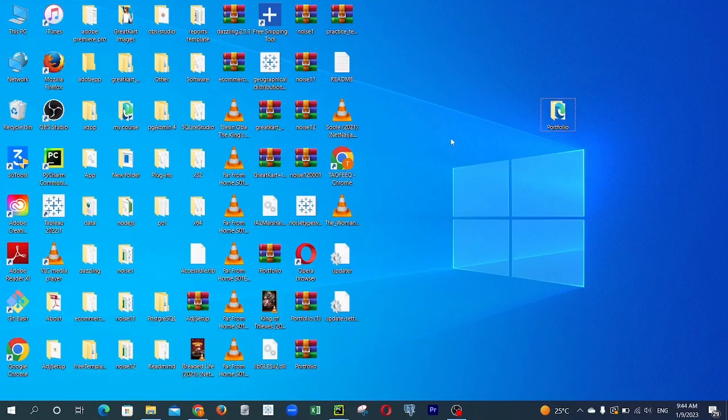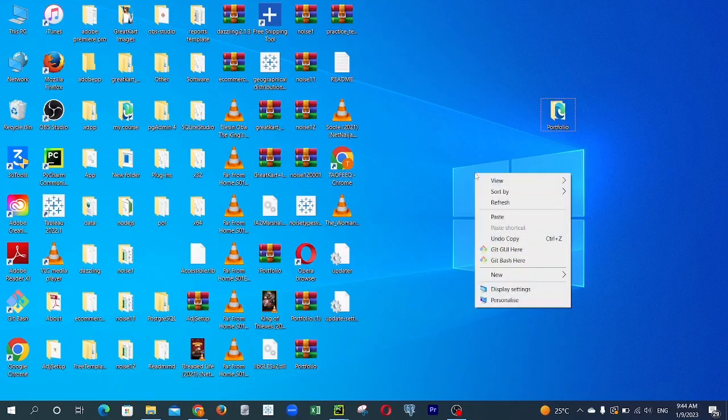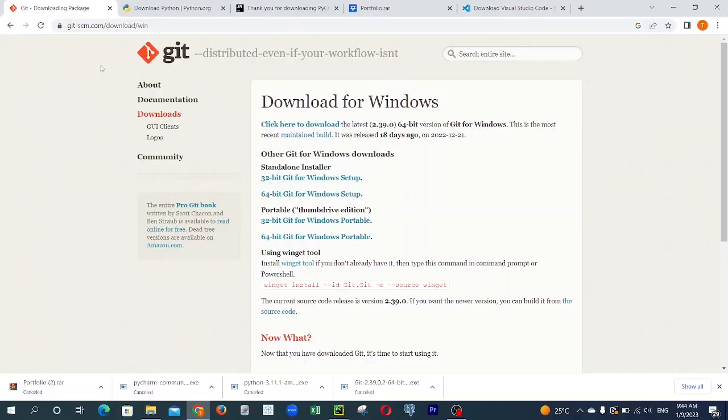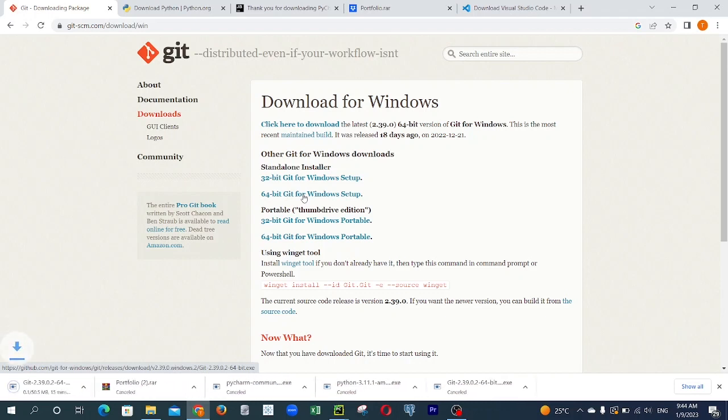So firstly, just go to an empty page in your system just like this and try to right click. If you see anything like Git Bash here or Git GUI here, it shows you have Git installed in your system, and if you don't, do not worry, just quickly head up to git-scm.com, and download the one that is compatible with your system. Presently I'm on a 64-bit Windows system, so I'm going to click on this to get it downloaded. Of course, you're going to have it downloaded, and the installation process is pretty straightforward. Of course, I have it, so I'm going to cancel this